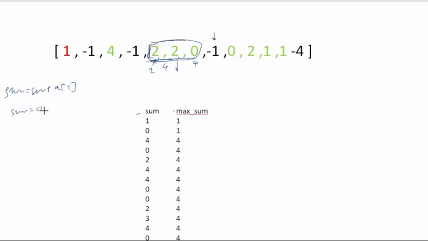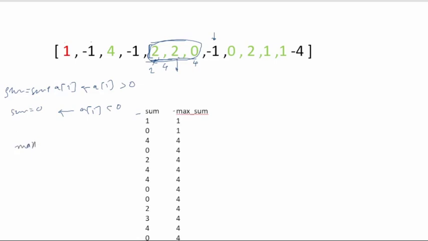This is whatever sum would be. If a of I is positive, then we do this. If a of I is negative, then we do sum equals 0. And for every positive occurrence of a of I, we also do